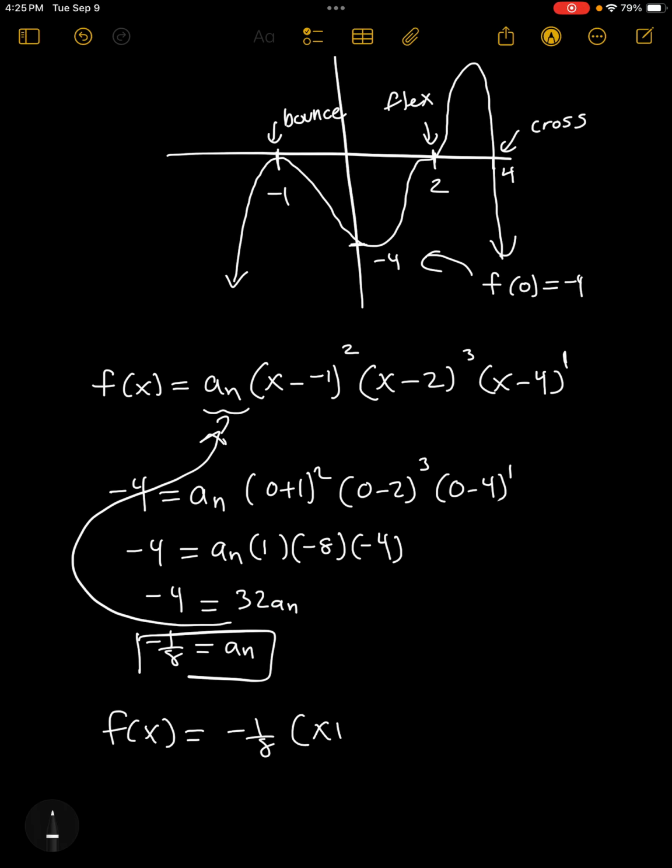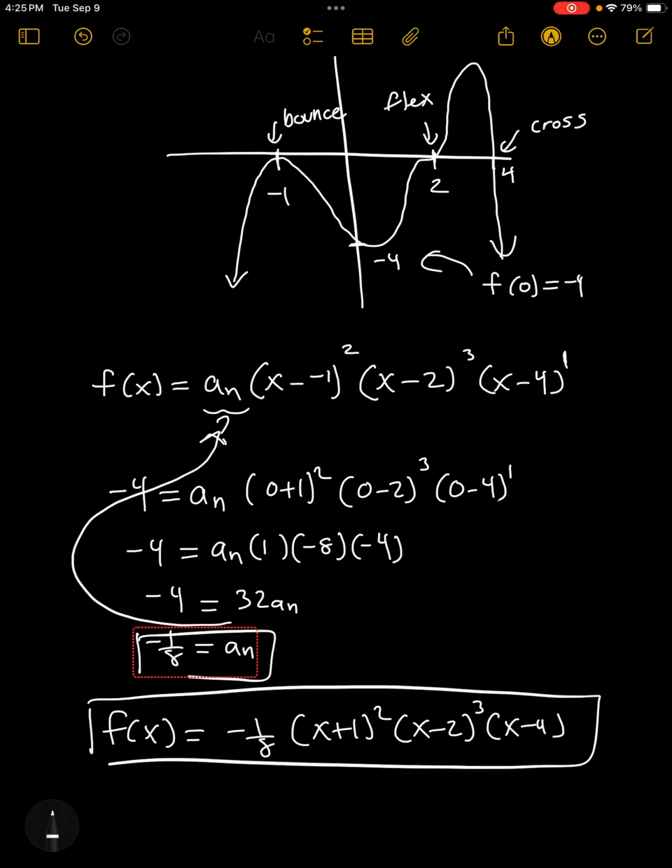And that's all you need to do for writing the equation of a polynomial. Figure out what the multiplicities are at the zeros. Use the least degree, okay, the least exponent of that kind, depending on if it's bouncing, flexing, or crossing. And then if you can find an exact point on the graph, right, plug it in to solve for the leading coefficient a sub n. And there's another example at number 3. You can take a look to see how I did that if you